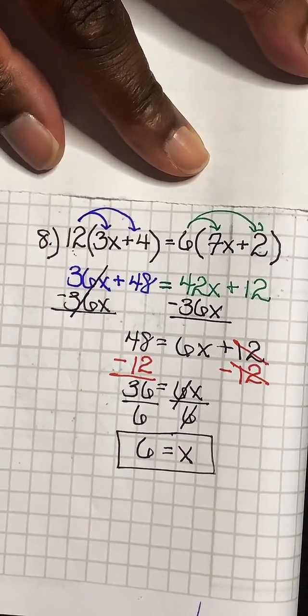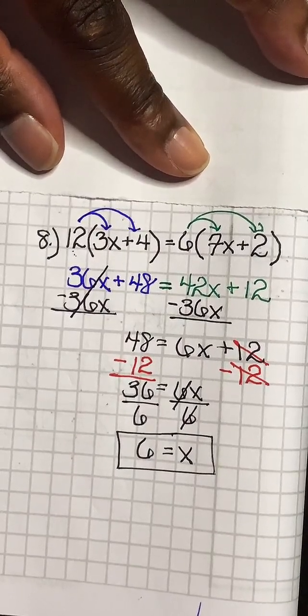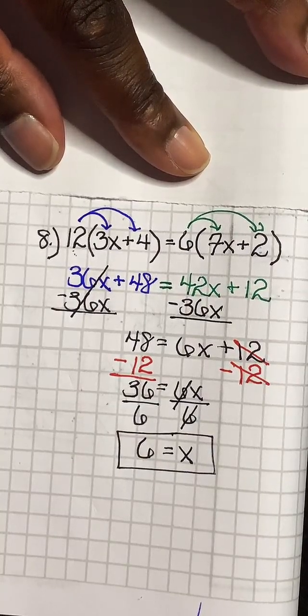You're going to be seeing a lot of factoring. You're going to see a lot of solving one-step, two-step, multi-step equations and inequalities, interval notation, compound inequalities as well, absolute values,